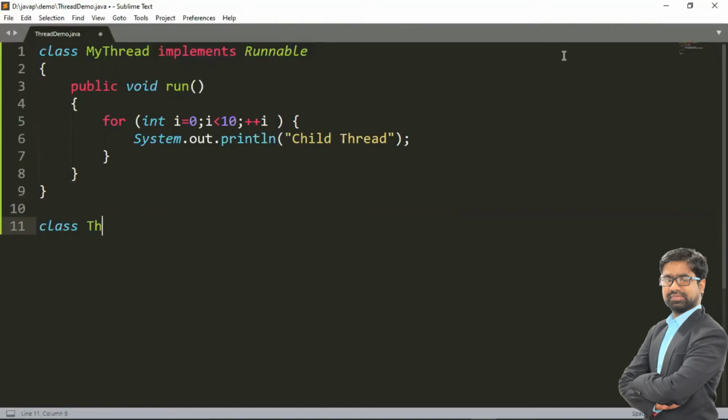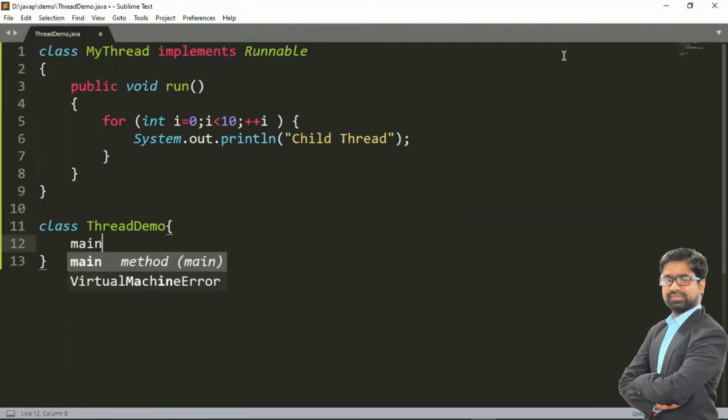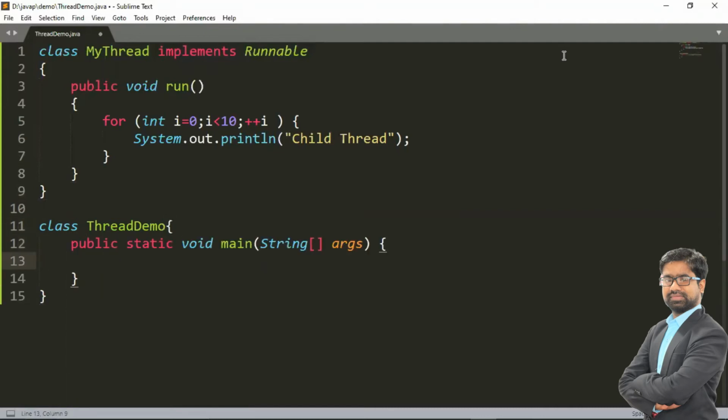Class ThreadDemo, and here I have to create a main method, public static void main. Now, the Runnable interface does not have a start method, so we have to first create a Thread class object, and we call the Thread class's start method, then internally it will call the run method.